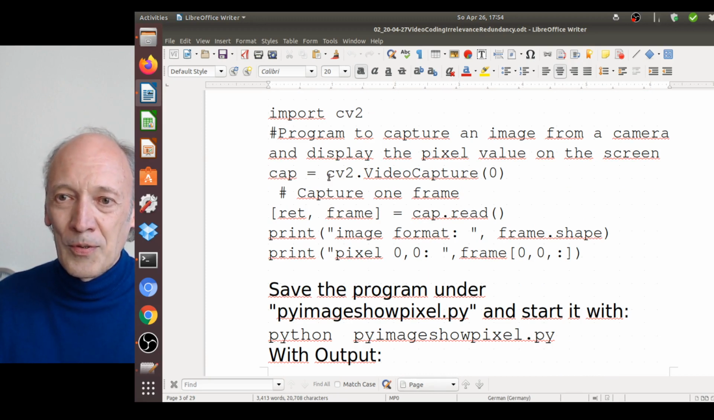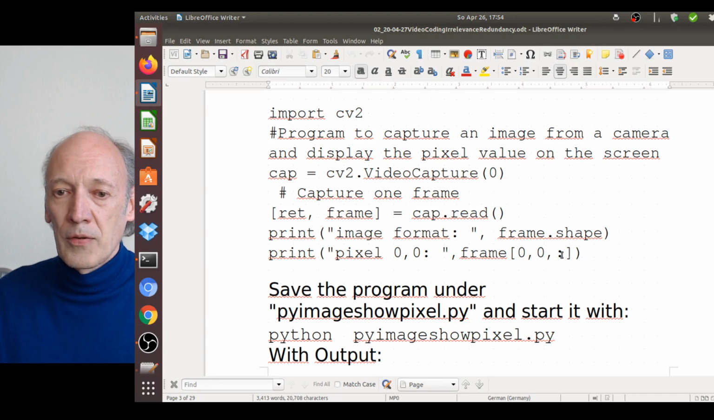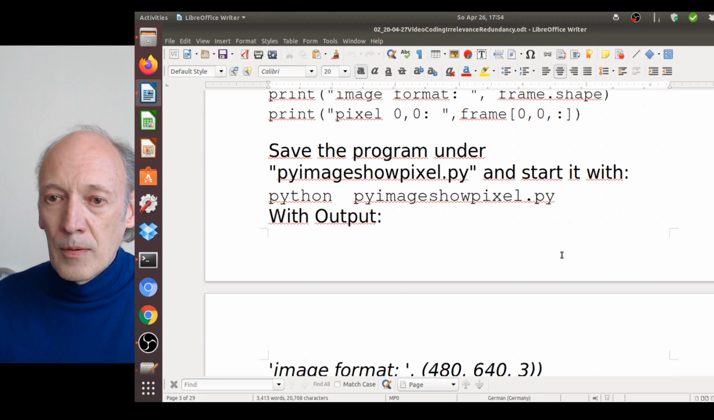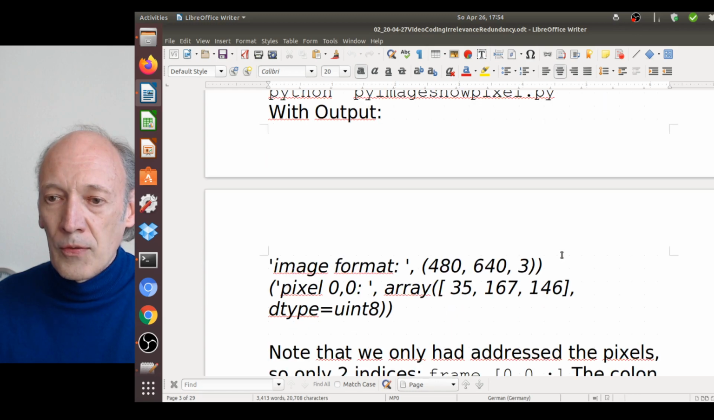So here in the beginning the same. Here we read one frame and then we just print pixel number 0,0. So here you can see vertical, horizontal, coordinates 0. And then the last one, remember, was the primary colors. So we expect 3 outputs. And what you see here is, for instance,